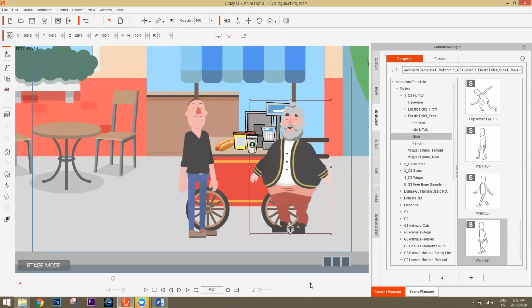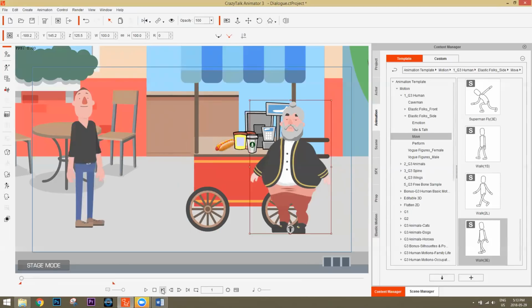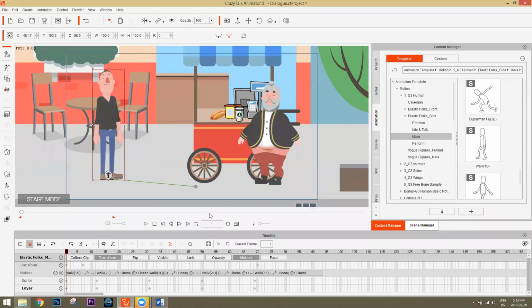Okay, so let's go ahead and just click and drag our project link little red marker here in the bottom. We're going to click and drag it all the way to about here. So this is going to be our project link, okay? And I'm going to go back to frame 1 now by pressing the stop button. You can also go back to frame 1 here. And press F3 to go into the timeline with my character selected.